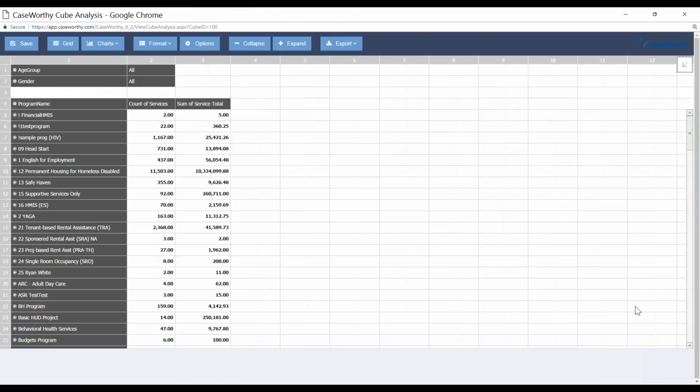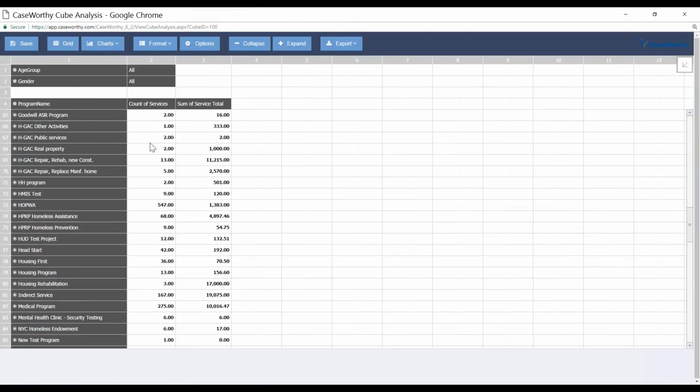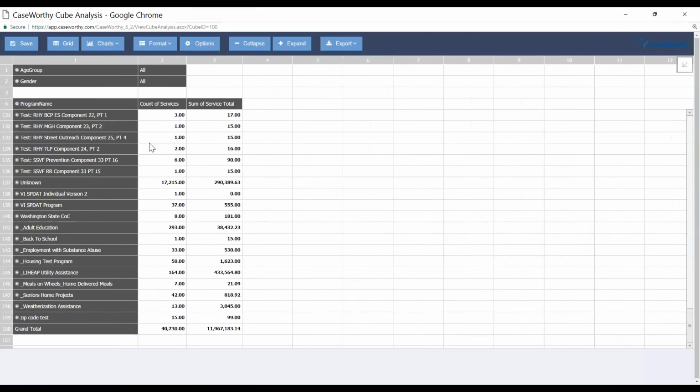Now, these can be attached to launch forms so you can be very specific and sort a lot of this stuff before you even launch the analytic piece. But I want to show you how versatile it is, so that's why we're keeping it so open in this scenario. Now, we have 140-something programs here for 40,000 services that equal $11 million worth, well, almost $12 million worth